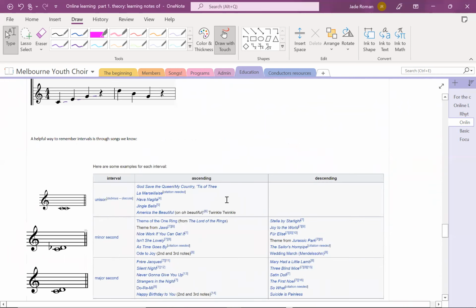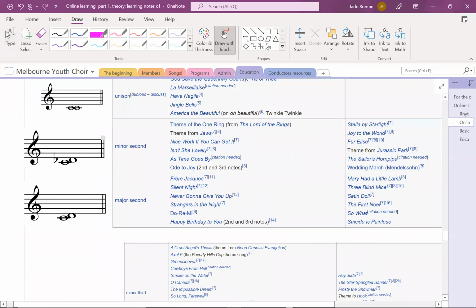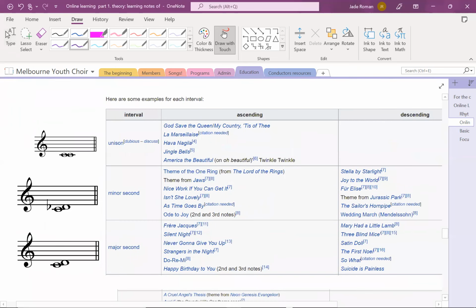But let's have a look. So unison, pretty straightforward. It's the exact same note. The second note I'm going to play is still the same, because it's the same note. If we look at a minor second,